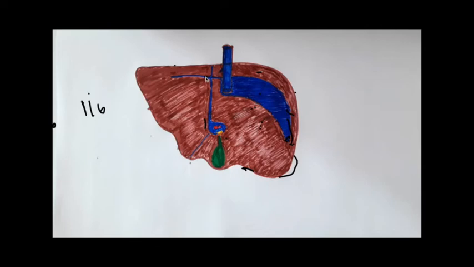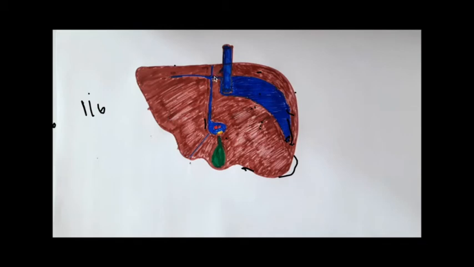So, these are the ligaments. On the anterior surface, we'll see the falciform ligament; on the superior surface, the right triangular ligament. On the right superior surface, we'll see the superior layer of the coronary ligament and the inferior layer of the coronary ligament joined together to form the right triangular ligament, and the ligamentum venosum. This is the ligamentum teres. These ligaments will divide the right lobe from the left lobe.